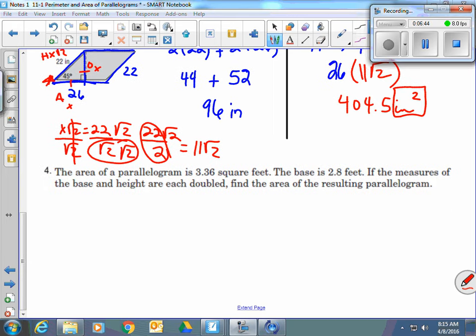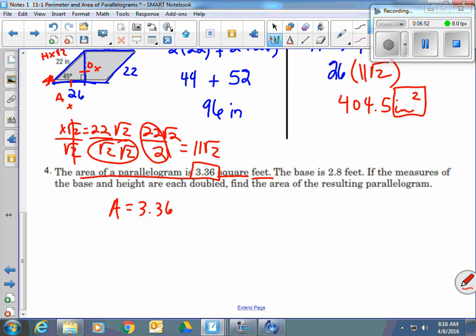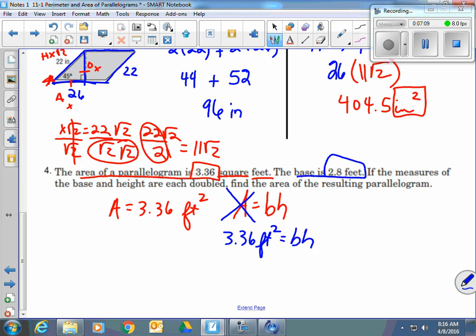Okay, so in this one, the area of a parallelogram is 3.36 square feet. So that means that area equals 3.36 feet squared. The formula is base times height. They just told you the answer is 3.36 feet squared. That's going to be equal to the base times the height. They tell me my base is 2.8 feet times the height